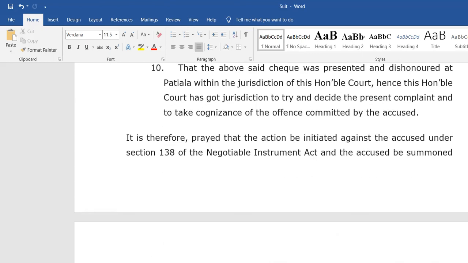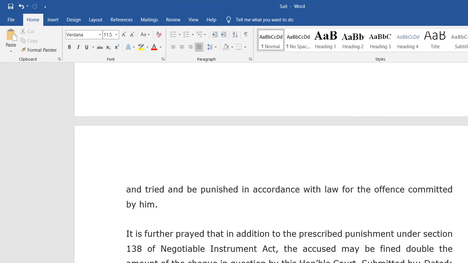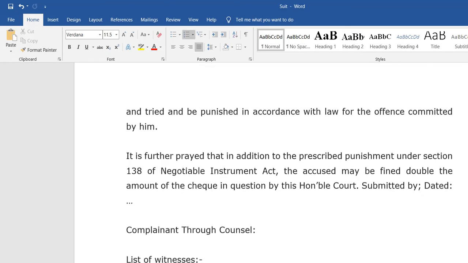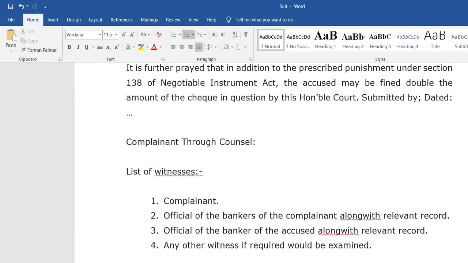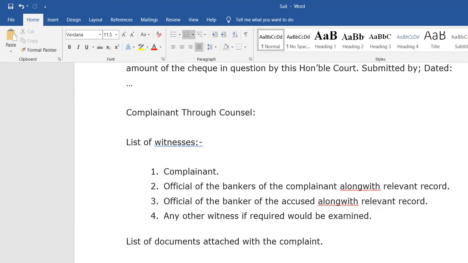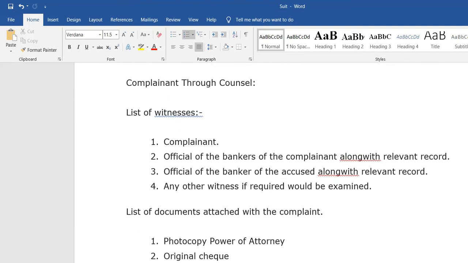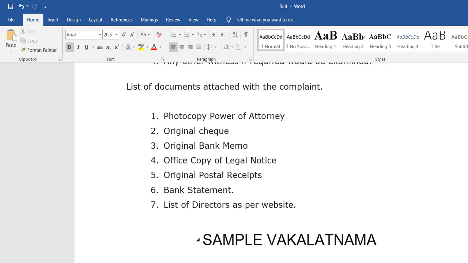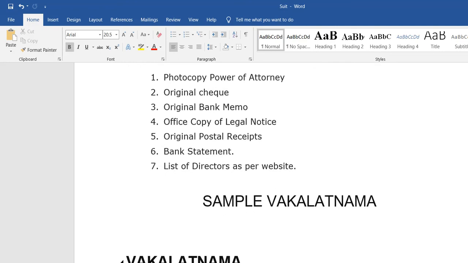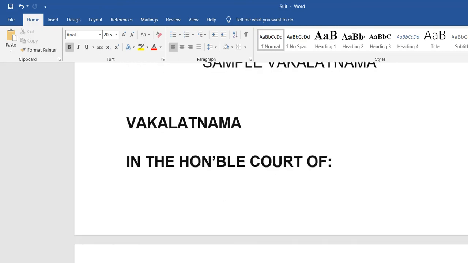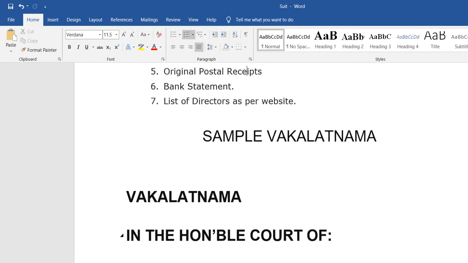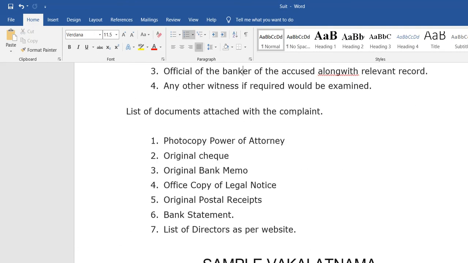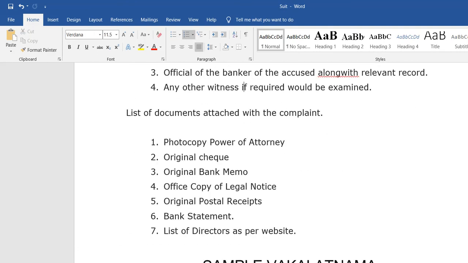Here you can see 10 different types of issues, and what witnesses he had, the witness names and everything, and the list of documents he has attached: photocopy, original cheque, original bank memo, office copy of legal notice, bank statement, list of directors. All these details he has attached through the complaint.